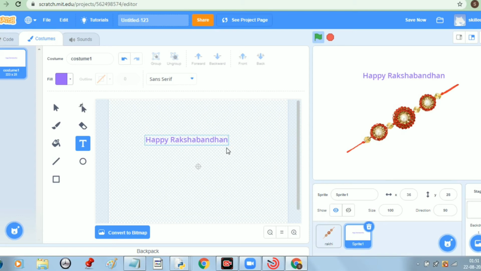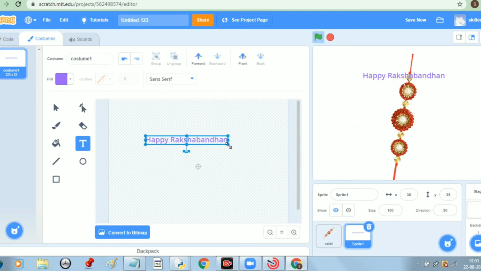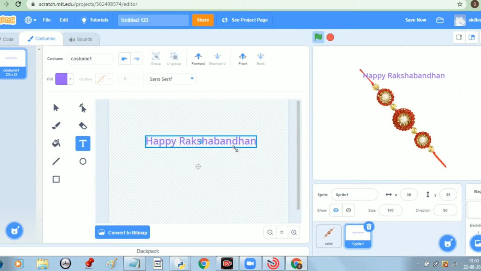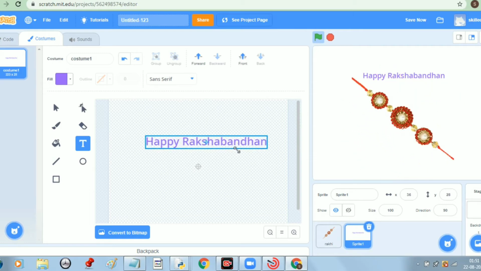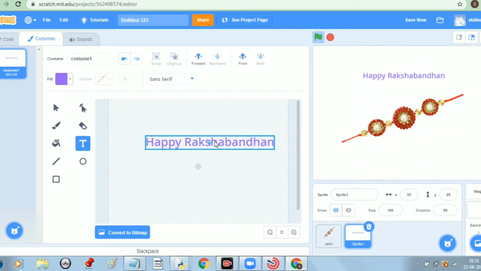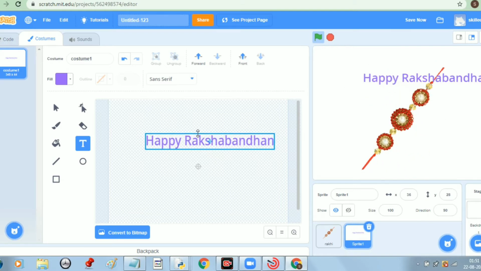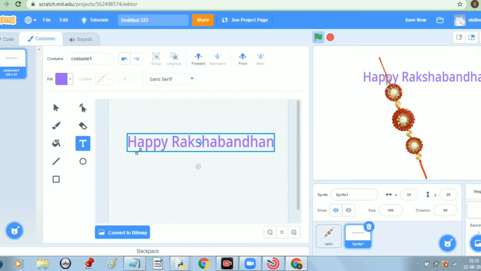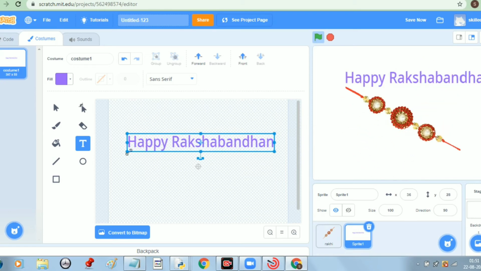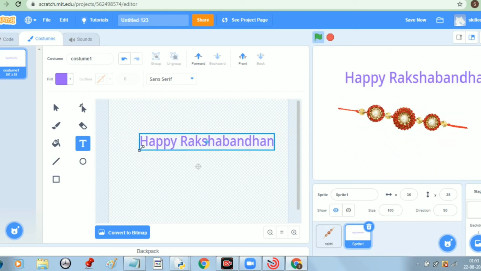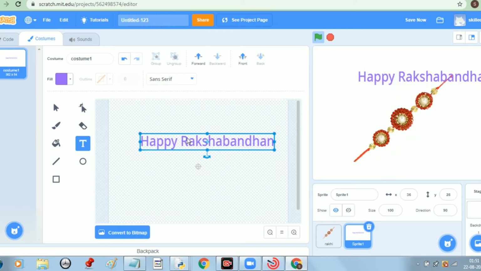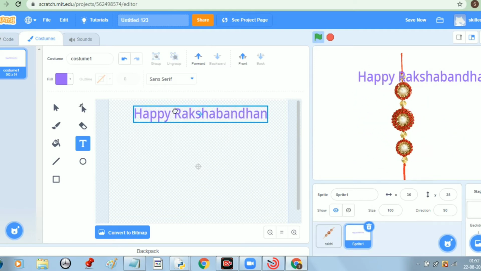Now select this text and you can see this drag arrow. You can drag this text to format the font. You can place it at whatever location, whatever position you want.